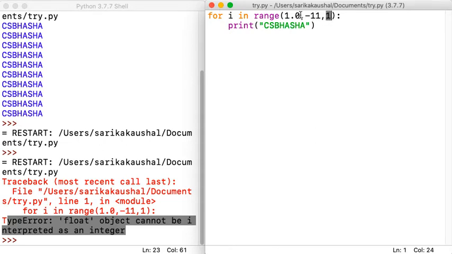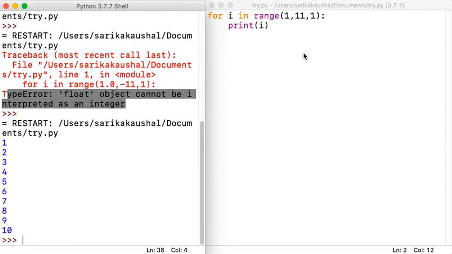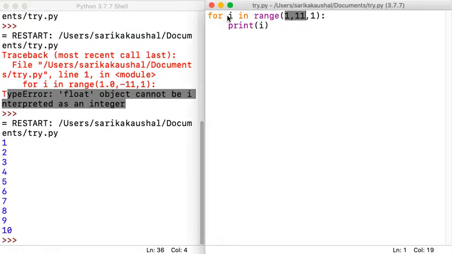Now comes another situation. What if I am only giving some values and I'm not giving all? Is it compulsory for me to give the starting value as well as the ending value as well as the step value? So children, let me write a loop with the variable i first. I'll just take a few things with you. Now if I try to execute it, I will see that I have my answer from 1 to 10. You can see that very easily, because 1 to 10 is what I'm printing.